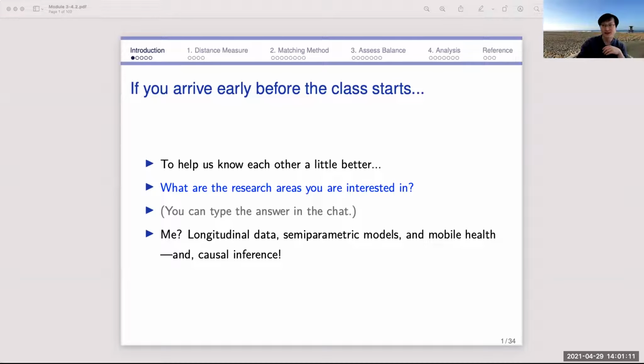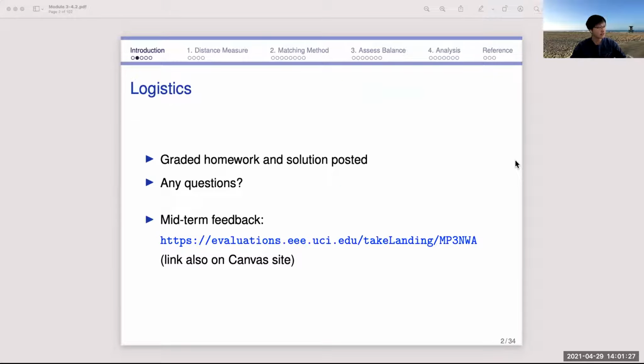Okay, so let's get started. Last time we had a breakout room discussion on matching methods. I'm recording my video, and today before we delve into that,